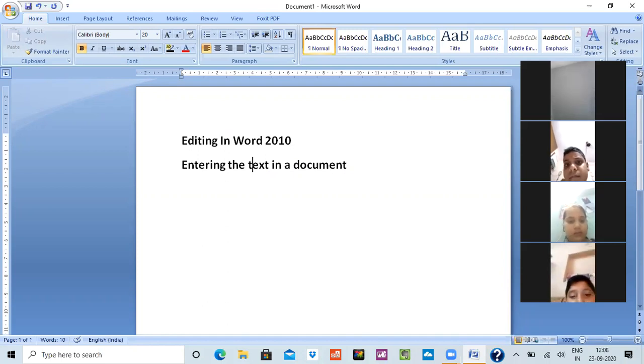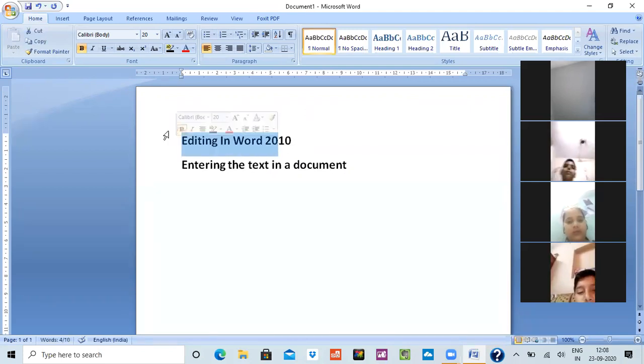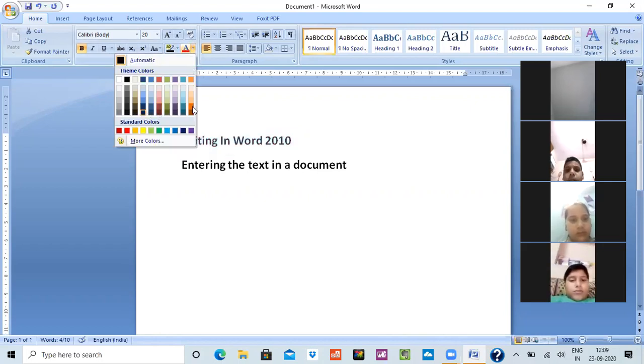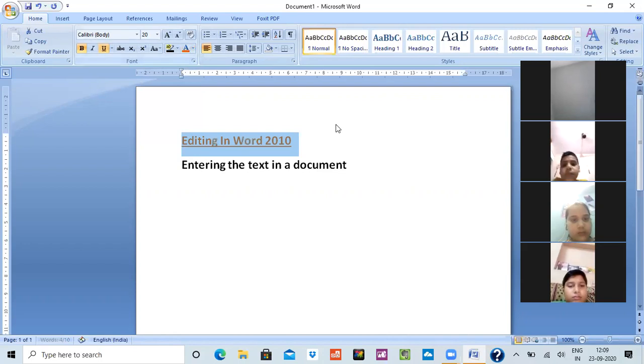Select and edit the text. For example, मुझे ये word जो है मैंने गलत लिख दिया और इसे मुझे दोबारा से लिखना है, तो मैं इसको select करूंगी और इसको change भी कर सकती हूँ. See, you have to just select it and then you can do editing. This is called editing.